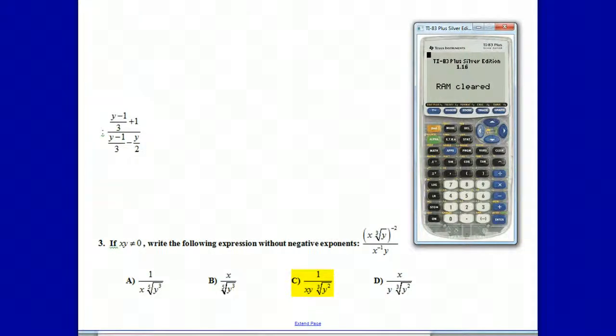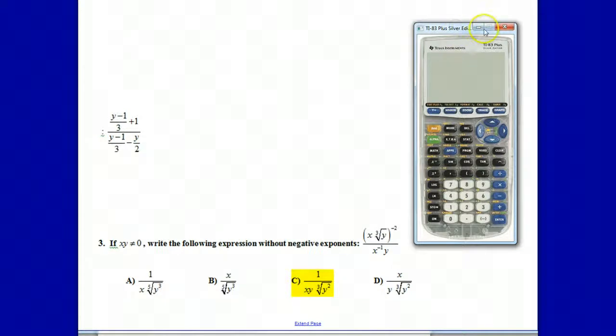Okay, I want to do a quick video on how to put some of the stuff that you have to do in the calculator. This is simplifying. If you have to simplify something and then pick from the multiple choice, as you can see in number 3, I already have the answer picked out. But if you want to figure out which one of these is right,